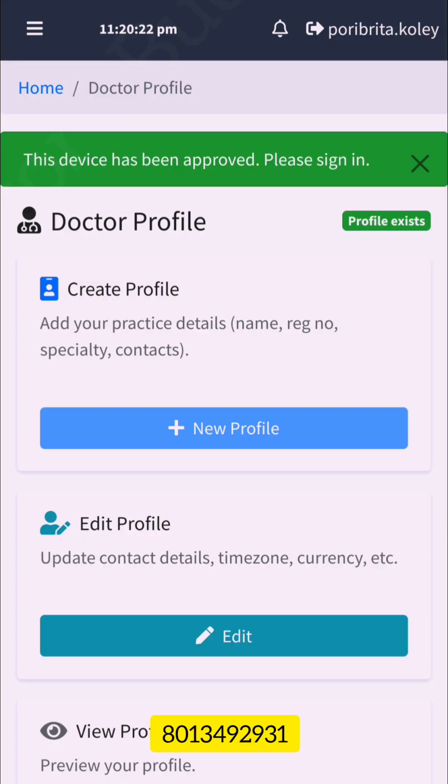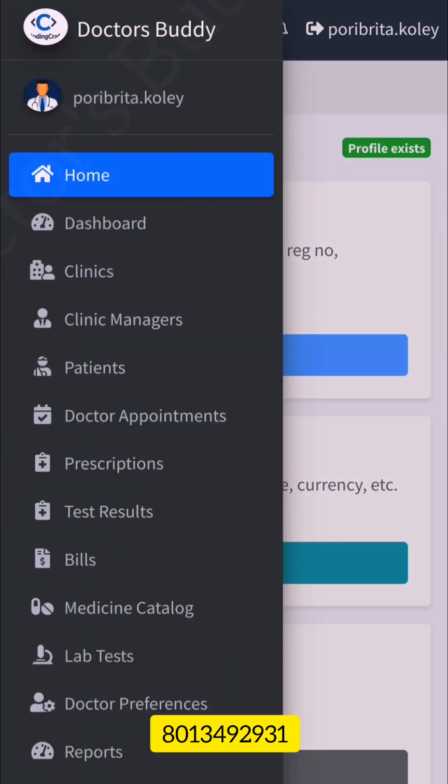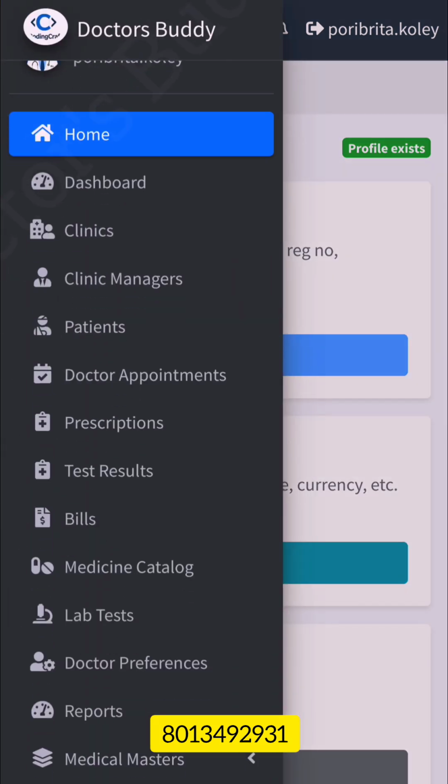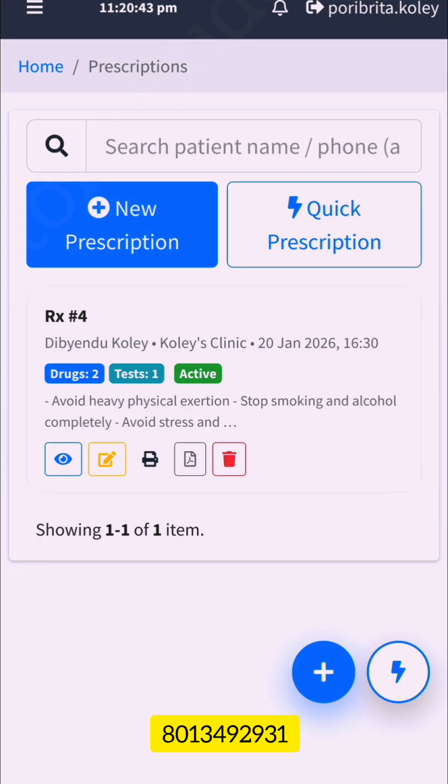After login, you will be transferred to a page like this. On the top left corner, you will find a burger menu, which is basically an equal to sign with an extra dash. On clicking that, a navigation menu will open. From the menu, you have to choose the prescription option. By clicking that, you will be redirected to a prescription listing page where you will find all your previously created